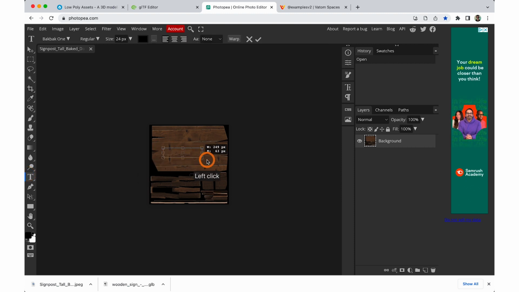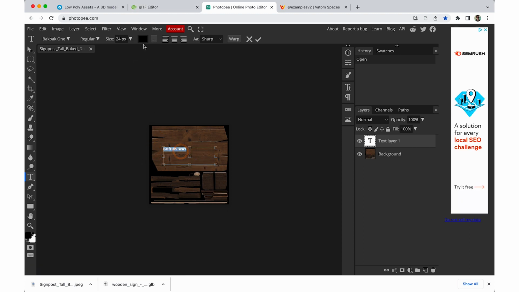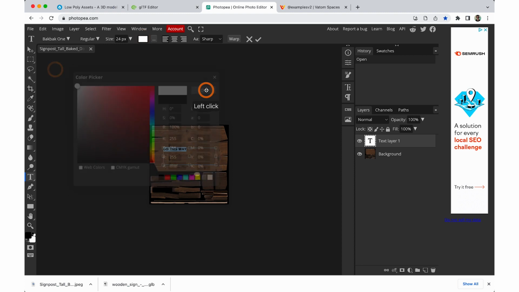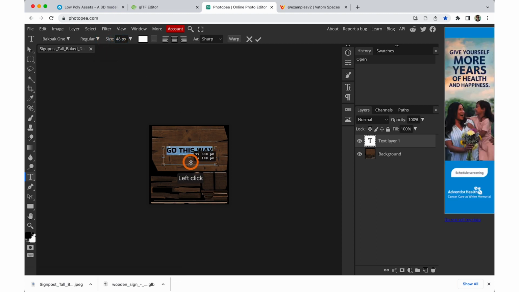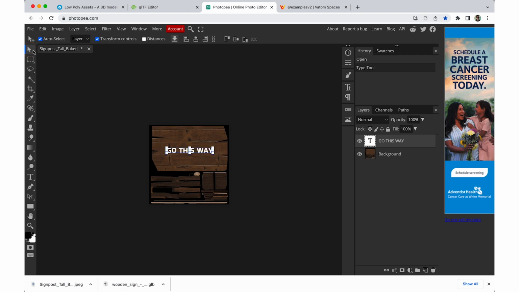So I'm going to add a text box that says go this way. I can highlight my text, double, triple click, make it white, put it in the middle, and we'll make it bigger. Okay, you can adjust the outside border, and then with the select tool here and transform controls, you can adjust the size even further. So we'll say go this way, great,